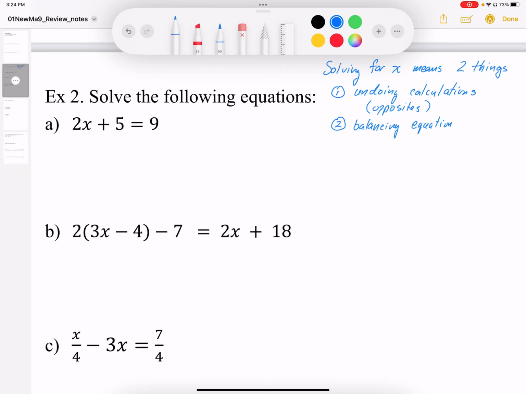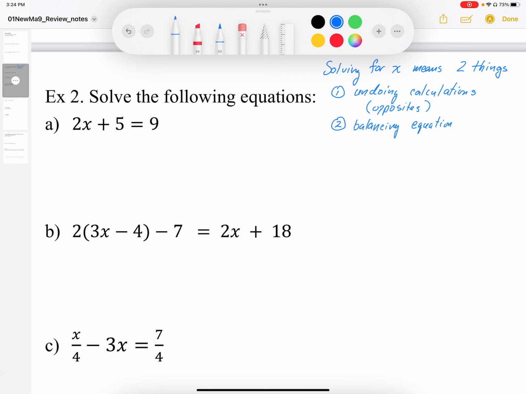For example 2, what we're going to be doing is solving equations. Now, solving equations for x means two things. It means we're going to undo calculations, and that's using opposites. And secondly, we're going to balance the equation. So we want to get x by itself, but we're going to do this by undoing calculations and making sure